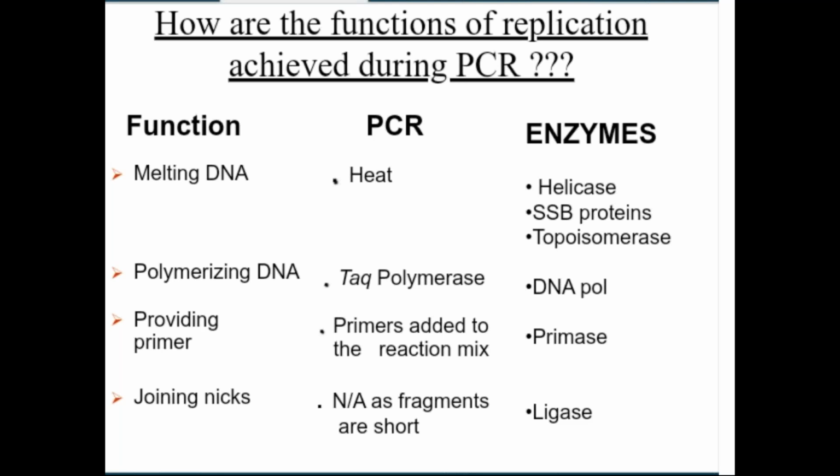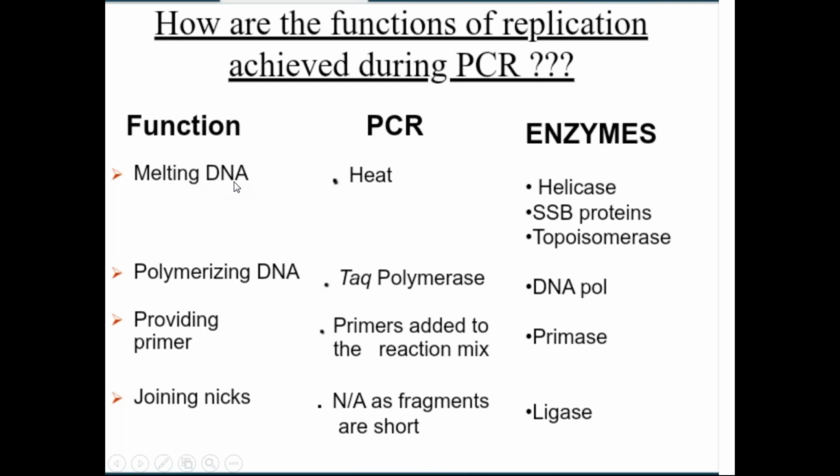And after that, there is a primase enzyme. That primase enzyme is able to synthesize a small segment of RNA, that is a primer. And then a DNA polymerase enzyme binds to that region and adds, one by one, the complementary nucleotides to the template strand and synthesizes the new DNA sequence on the template DNA strand. So here in the PCR reaction, the same replication is carried out.